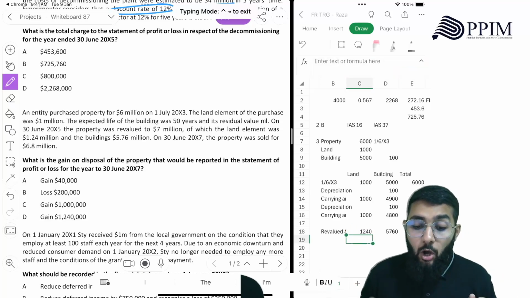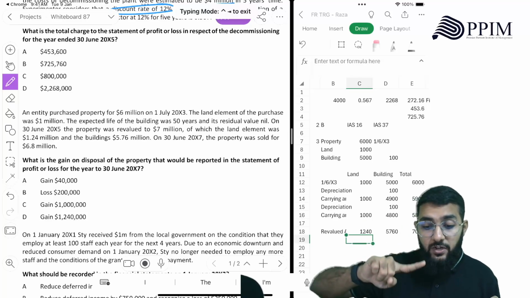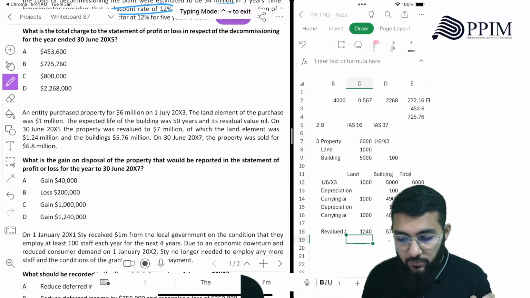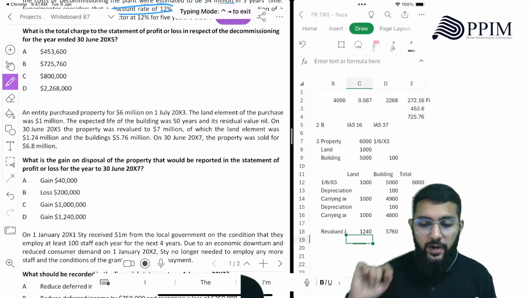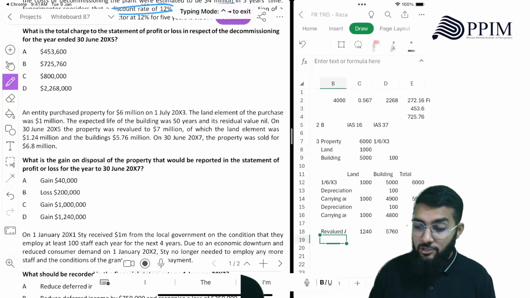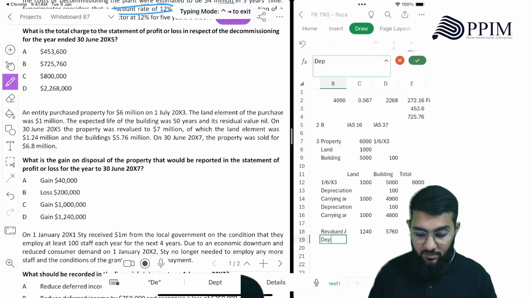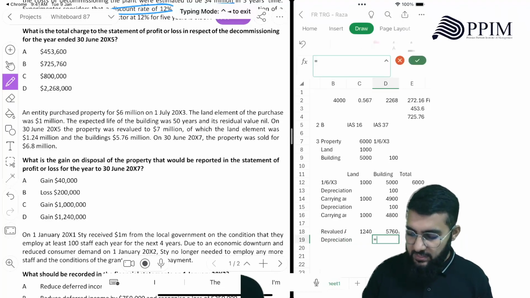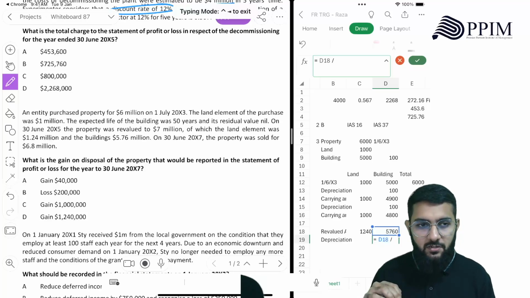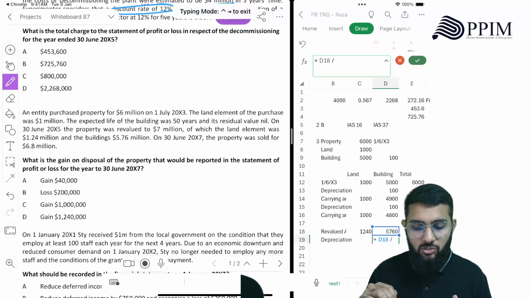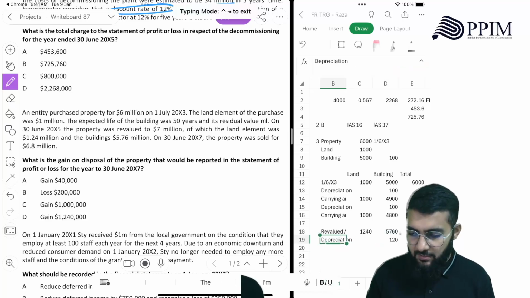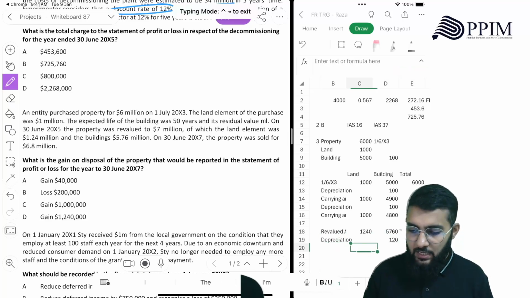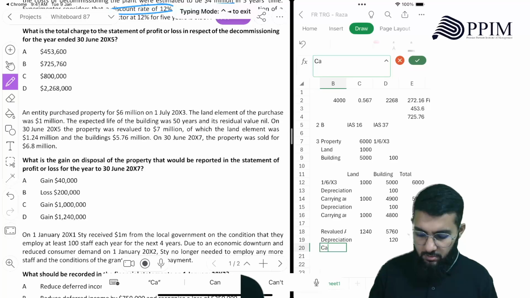Okay. On 30th June, meaning after 2 more years of revaluation. What happened? The property was sold. Now we need to do the depreciation for the revalued amount. This is going to be depreciated over how many years? 50 years? No. 50 minus 2. 2 is already done. 120. So carrying amount